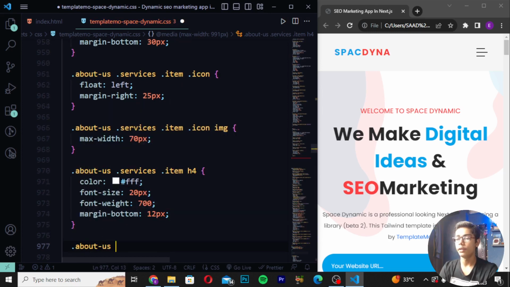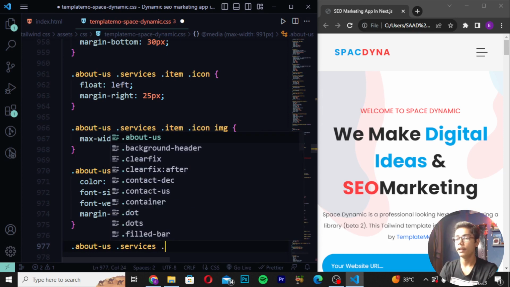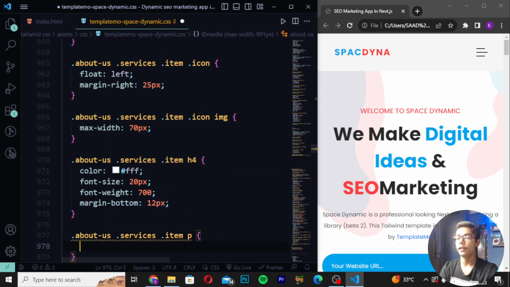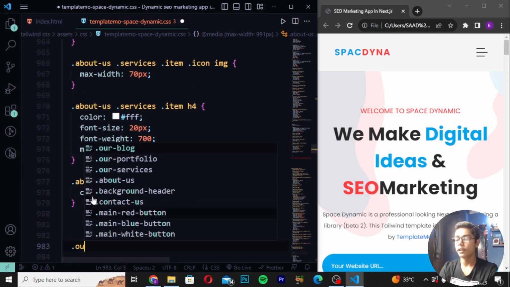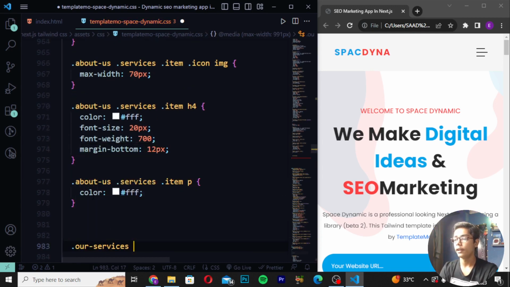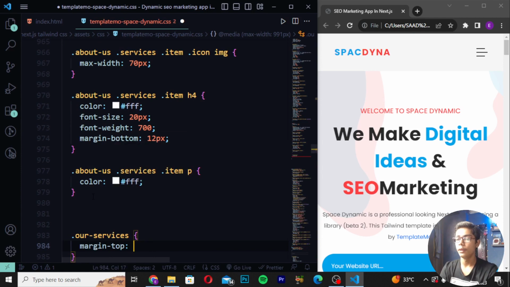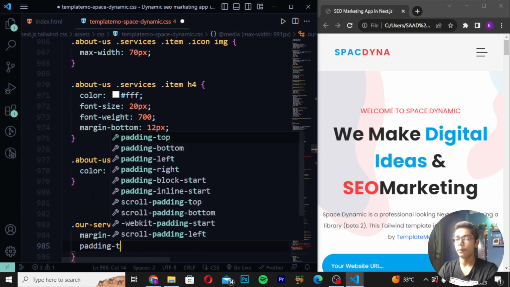And here I will be also writing about us services, and write here item tag, and then you have to now move down and create text color white. Then here you have to just write our services. So here I will be now writing this. Then write here margin top 0 pixel. So when you have written this, you have to now write here padding top,